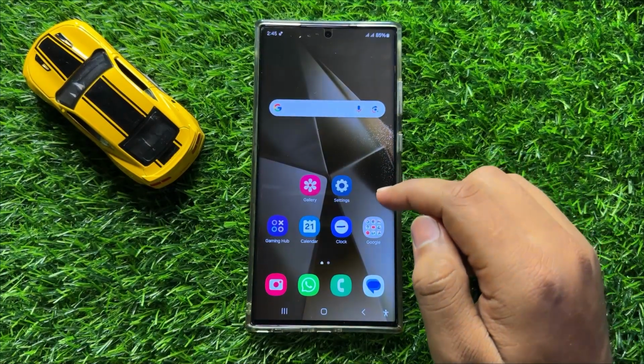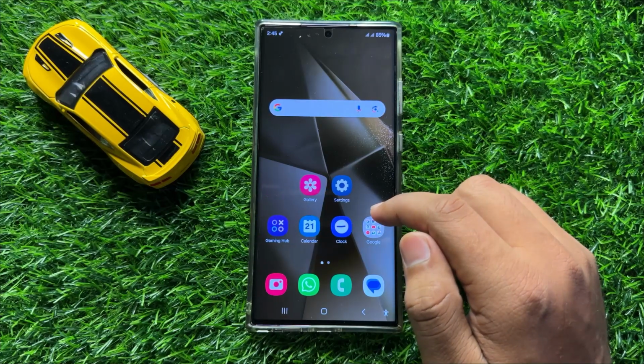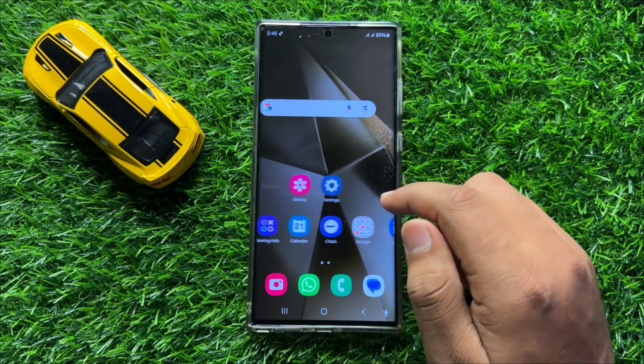Hello everyone, in this video I will show you how to enable or disable airplane mode in Samsung Galaxy S24